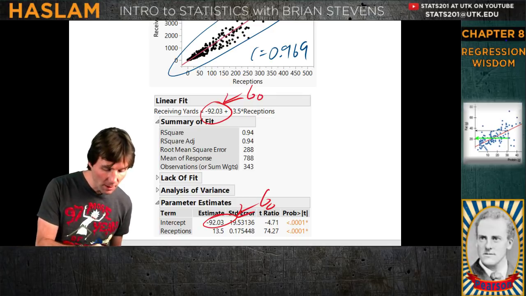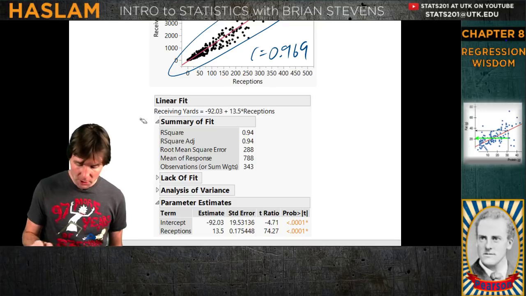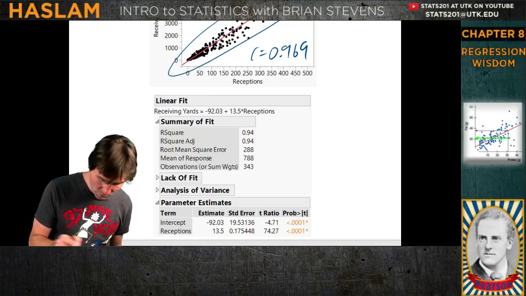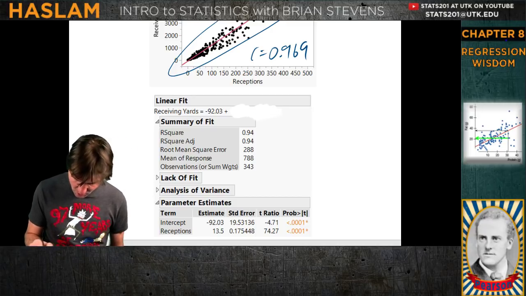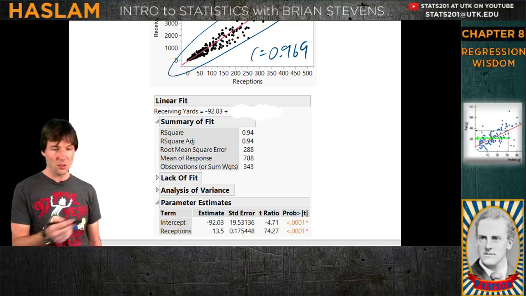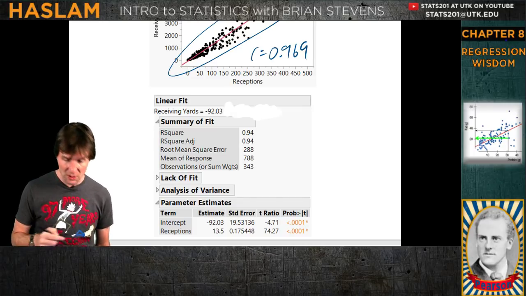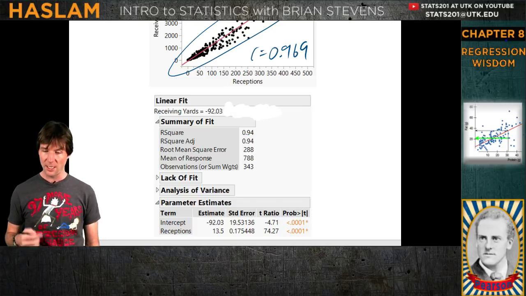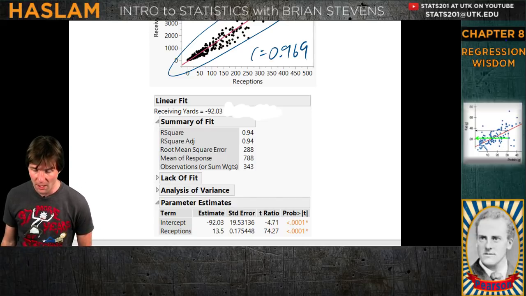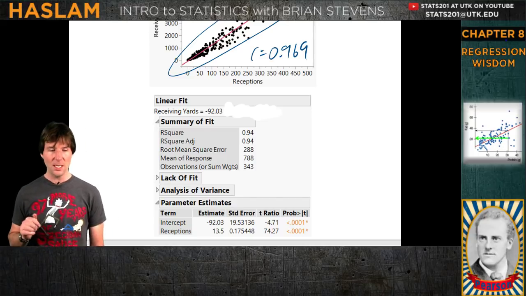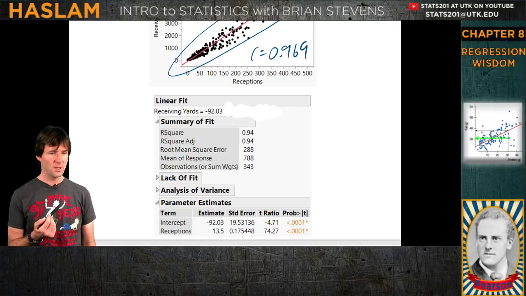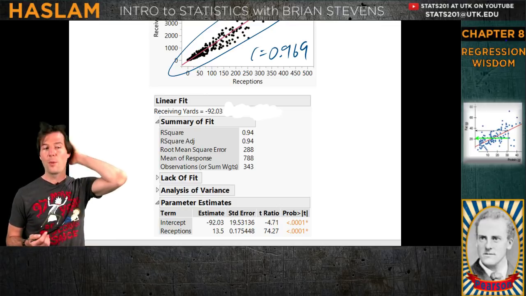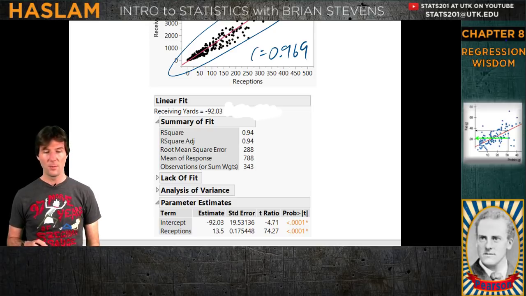And all we're doing, this is a review once again, is putting in 0 for receptions. And what does that do? Well, then this becomes 0. And look, the equation solves out to when receptions is equal to 0, we expect yards received to be -92. Has anyone ever heard of receiving yards being -92? Has anyone ever heard of getting -92 yards over a season? Is that really possible? -92 yards? Can that occur? Maybe.